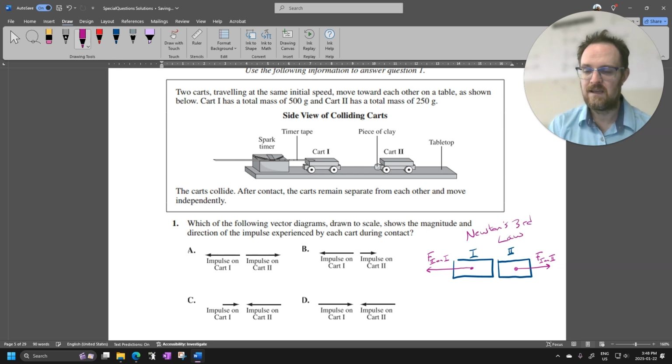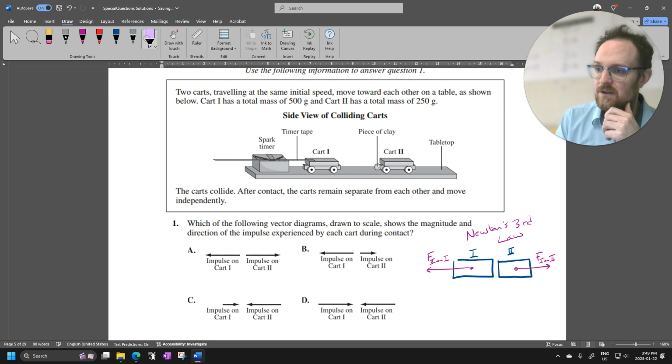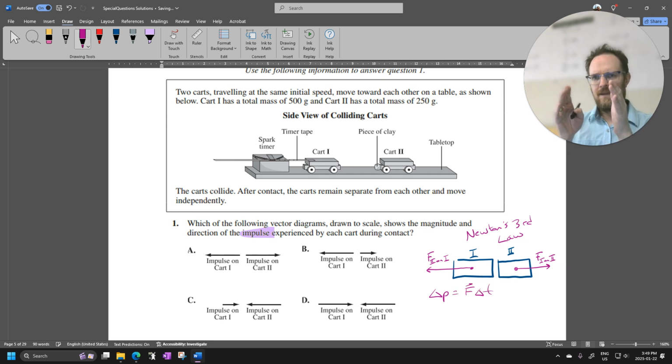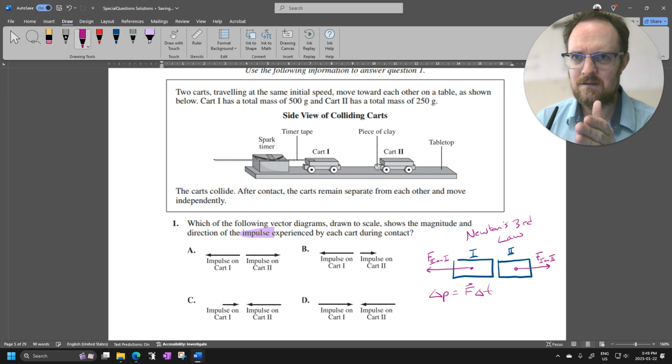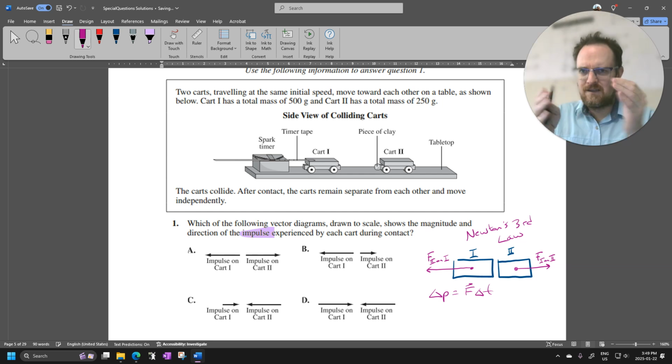Third law, right? Now we know they're interacting with each other, same force, but opposite directions. And if we're talking about impulse, where's the impulse here? Remember, impulse is calculated by going force times time. So if they have the same magnitude of force, but in opposite directions, and they're interacting for the same amount